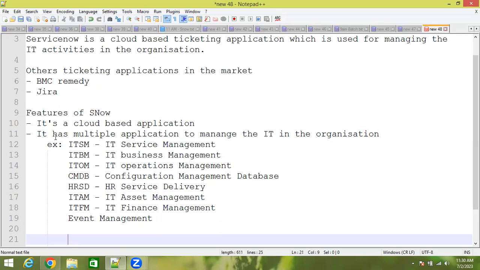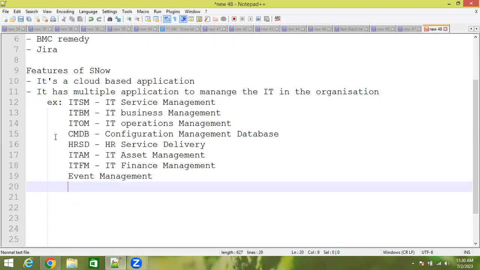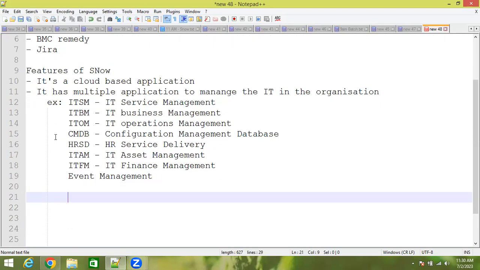So these are all the applications. There are many other applications, and some of them are these.